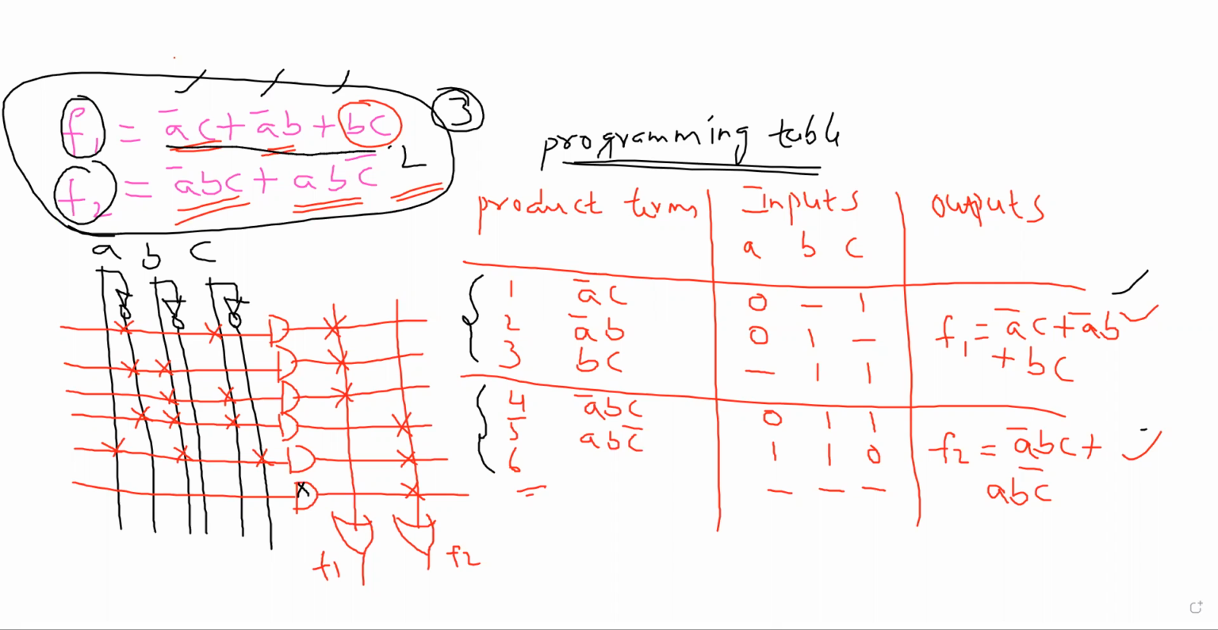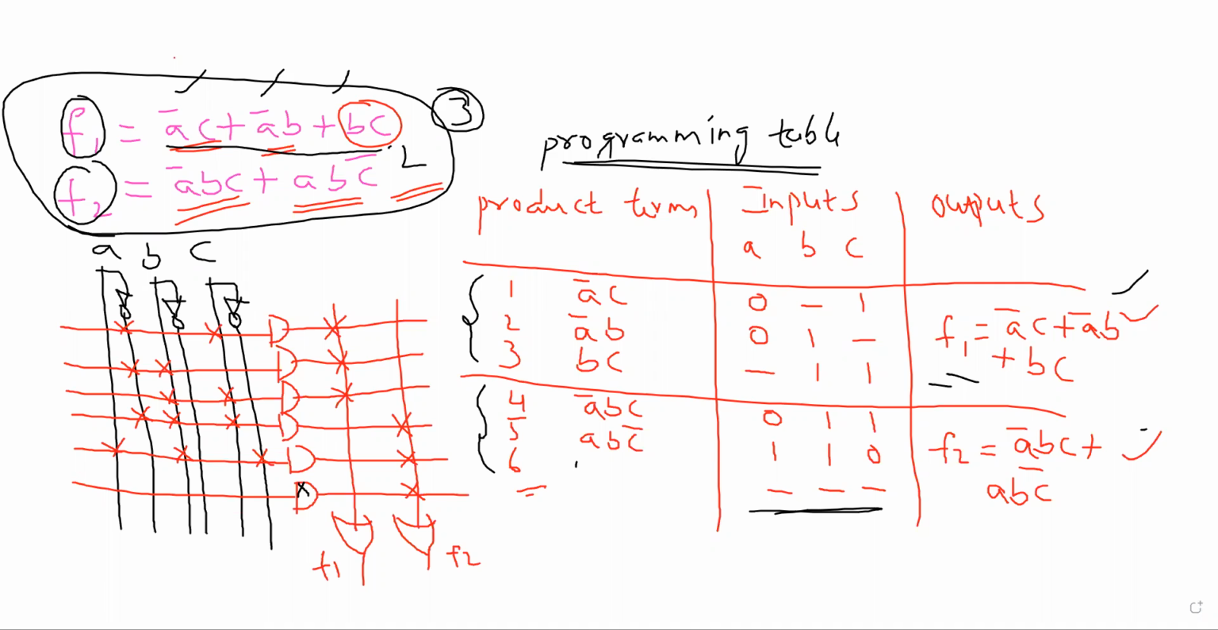The first 3 product terms are present in F1. The next three product terms should be present in F2, but unfortunately one product term is not there. Therefore it is an unused one. Now in this structure you have to use